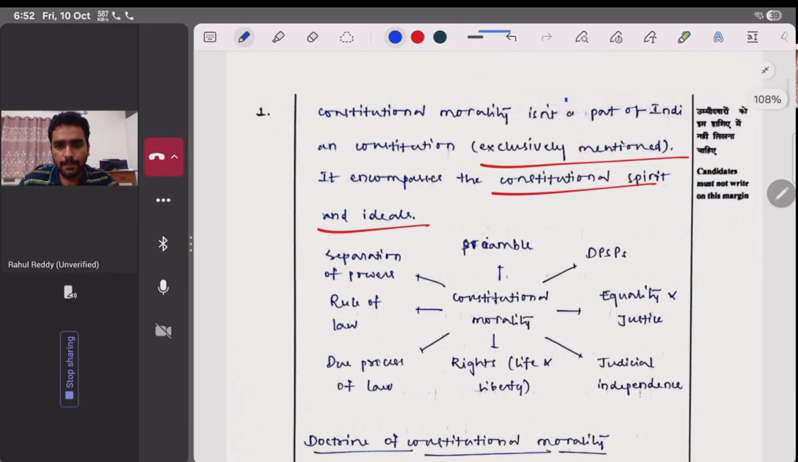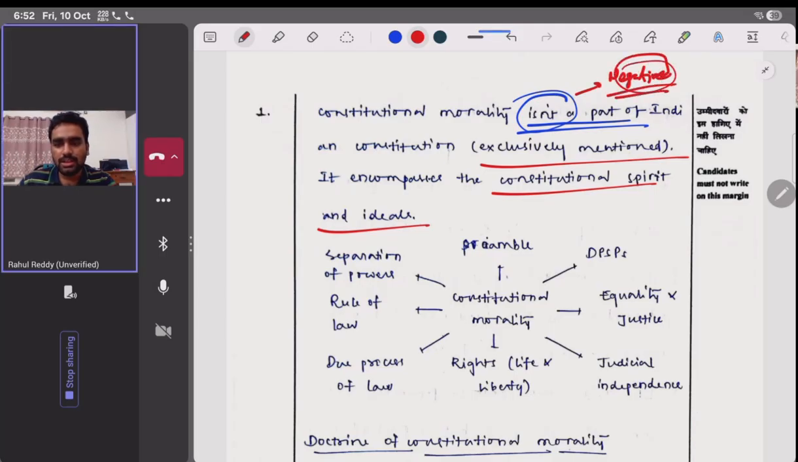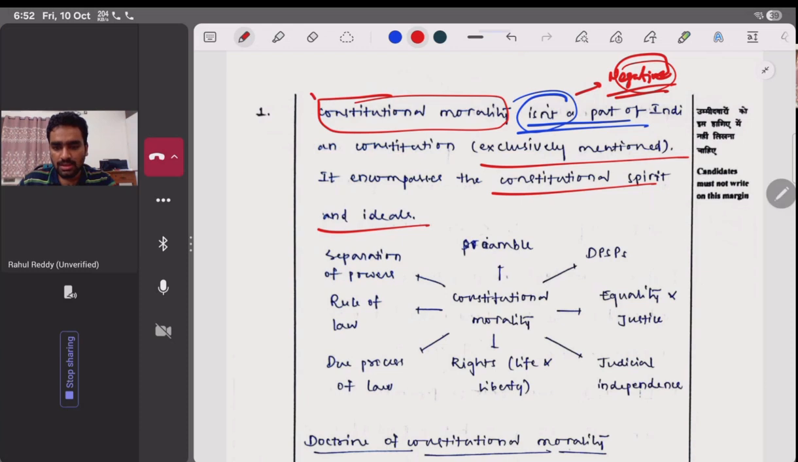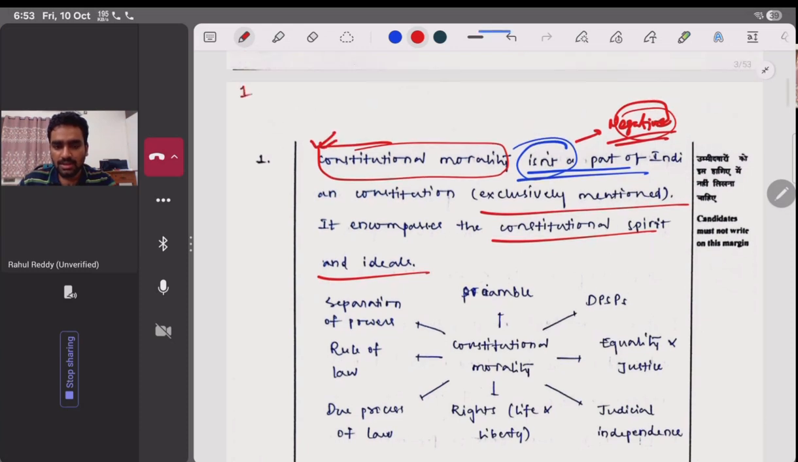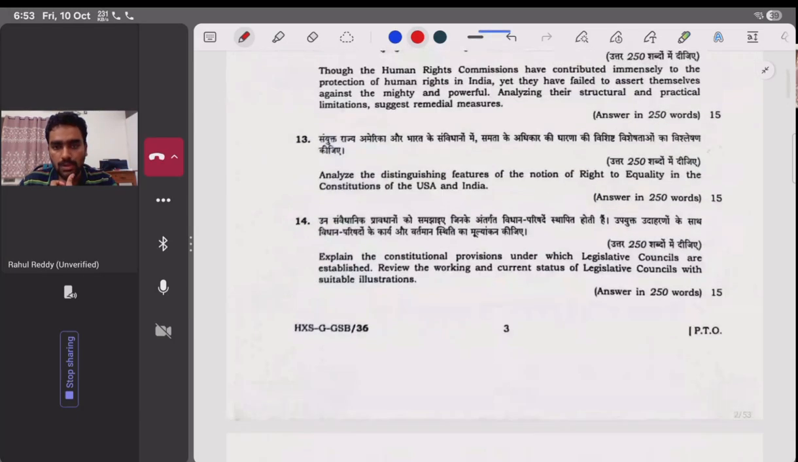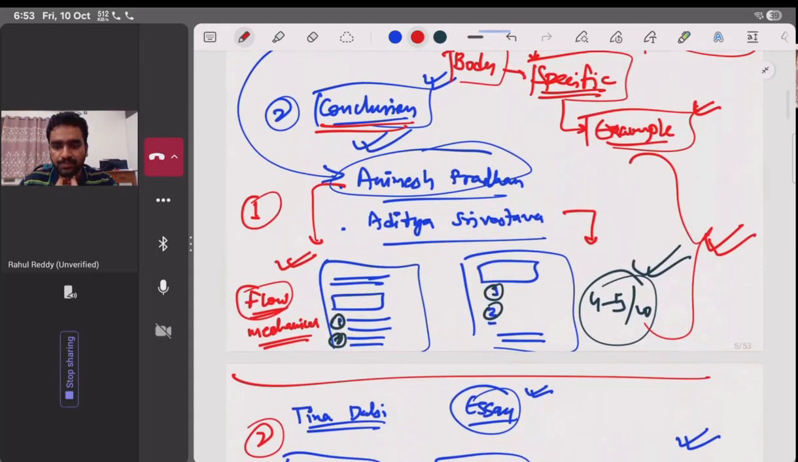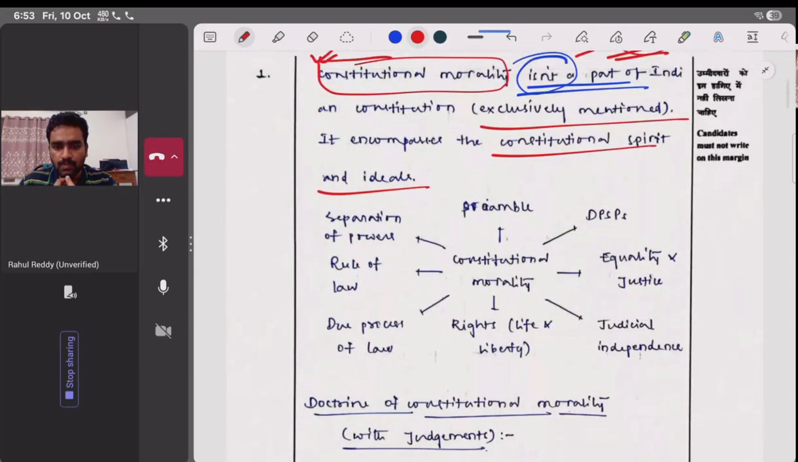But you don't have to start by saying that it isn't part of the Indian Constitution. It is more of a negative tone. You can say it's not explicitly mentioned, or else you can start with Ambedkar's definition. But if you look at the mechanical answer of the toppers, Animesh Pradhan or Aditya Srivastav,